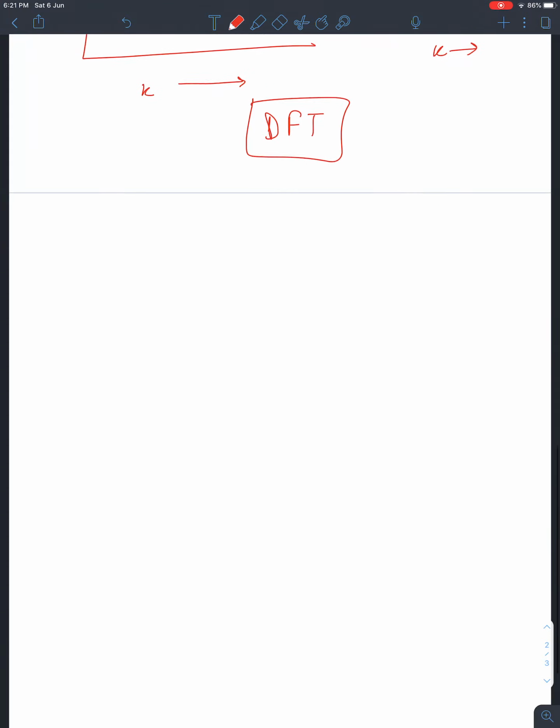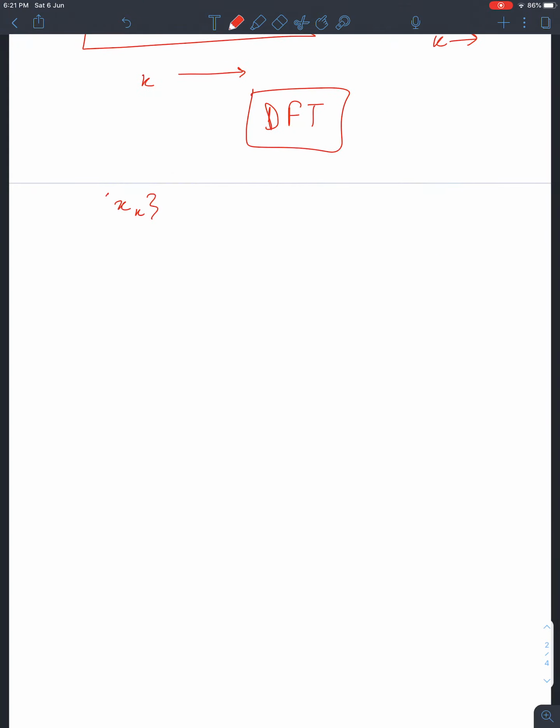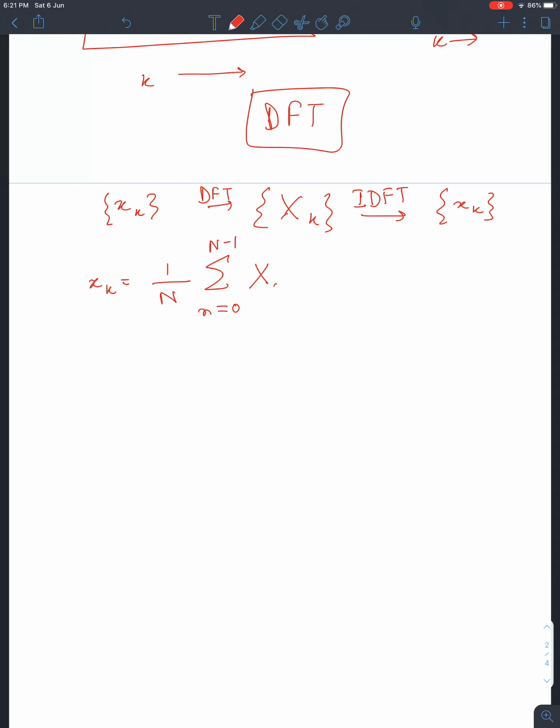What would be the inverse Fourier transform? So now we had x k's, and from there we get capital X k's by the discrete Fourier transform. Then we can do an inverse discrete Fourier transform to get back our small x k's. That means we are making the smoothie again. We are again mixing all the signals. How do we do that? The small x k is equal to 1 over N, summation n goes from 0 to n minus 1, or 1 to n, as you please to call them, of capital X e to the power 2 pi i over N k n.